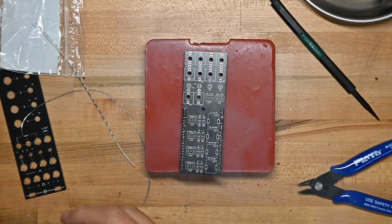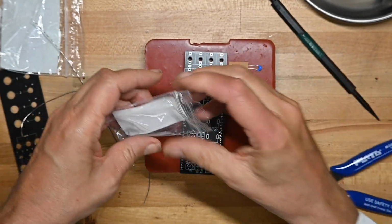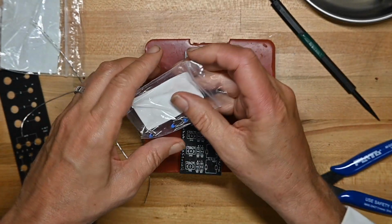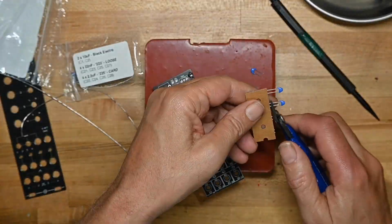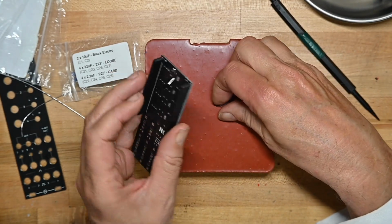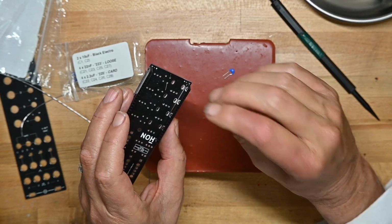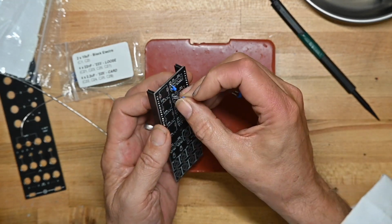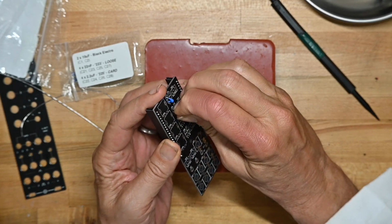And now we'll put the rate caps on. Should have 4 of each, and we do. I might have chosen to do the pin headers after I did the components,